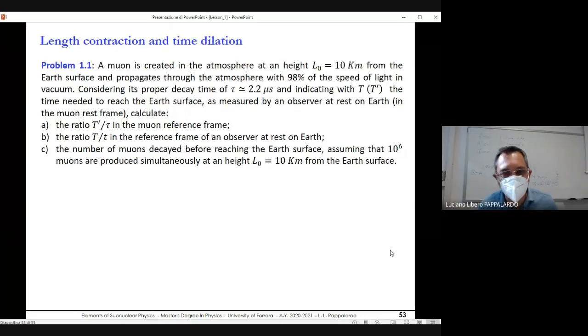Riuscite a vederla? Perfetto. Allora, questo è il testo del problema che abbiamo risolto prima. Quando nelle slide trovate il simbolo della lavagna, vuol dire che c'è una parte che non è mostrata sulle slide, ma che sto svolgendo alla lavagna, ok? Quindi nei vostri appunti andate a cercare poi di... Quindi questo vuol dire che le slide non contengono tutto il corso, ma solo una parte, ovviamente.